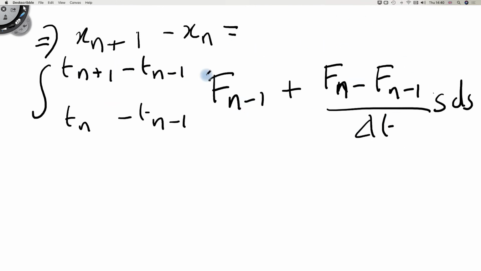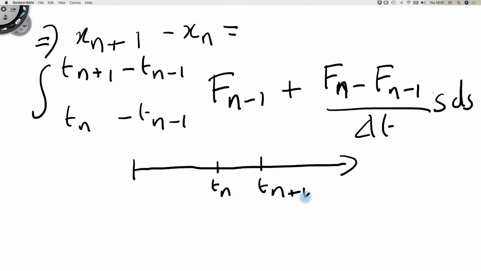Now it turns out that these limits are actually a lot simpler than they look. Remember, we're on a timeline. We've got t_n there, t_{n+1} is there, t_{n-1} is there, and they're all separated by this thing called delta t, which is our time step. So it turns out that t_{n+1} minus t_{n-1} will just equal 2 delta t, and then t_n minus t_{n-1} will just be equal to delta t. So the integral becomes